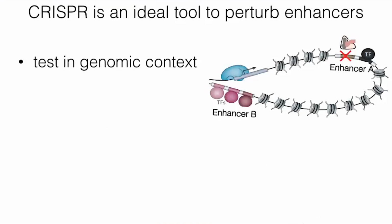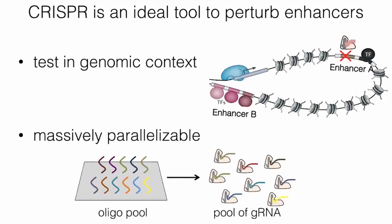Of course, as a genome engineering tool, it works very well to test elements in their genomic context. Additionally, CRISPR, though it's not the first genome engineering tool, is massively parallelizable. So an entire pool of perturbations can be generated